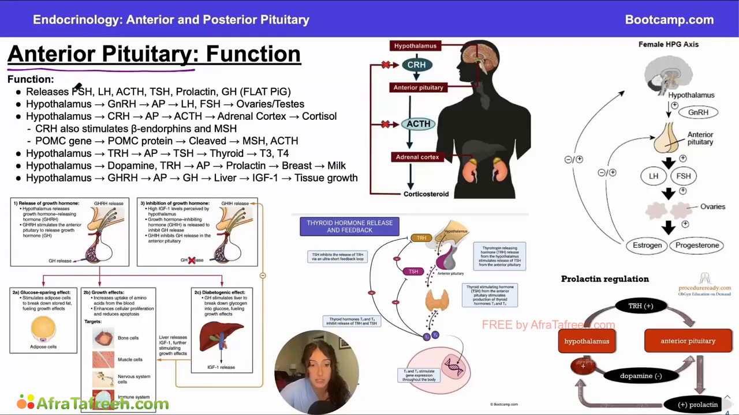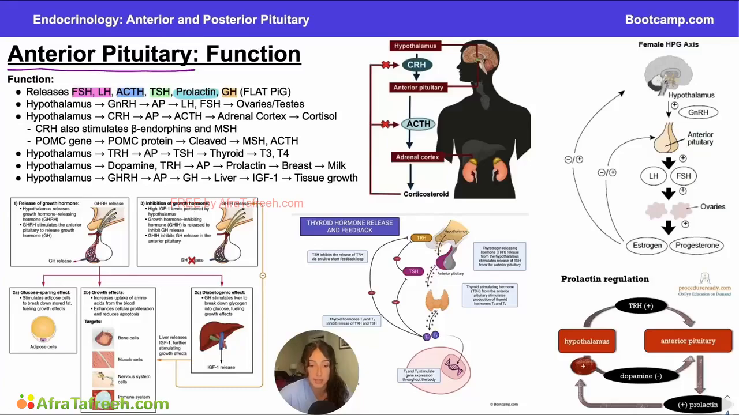It's going to release your sex hormones, like follicular stimulating hormone and luteinizing hormone. It's also going to release adrenocorticotropic hormone. It's going to release our thyroid stimulating hormone. It's going to release prolactin as well. And then finally, it's going to release growth hormone. And we'll talk about the regulation of these hormones as well as all of their functions when we dive into